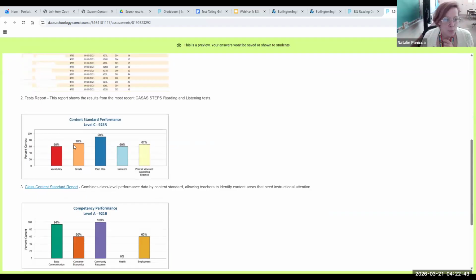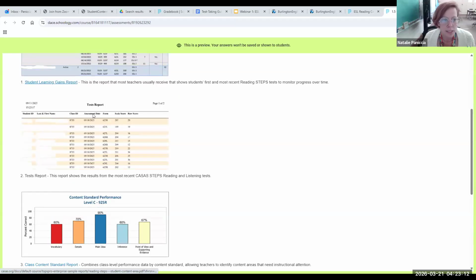And then this report number 3, this is what WIOA should be giving us and might not be, and that targets, like Janet said, the content area and how the students are doing by question type, by content standard. Everybody sees the class content standard report here. You can open up this link to see an example, and then the gains report here.